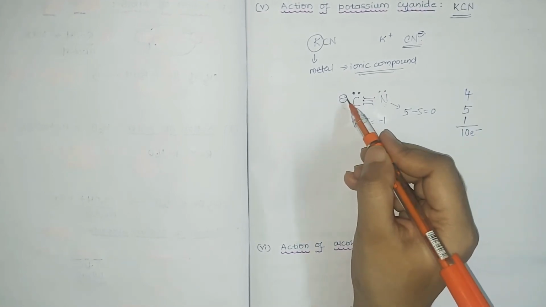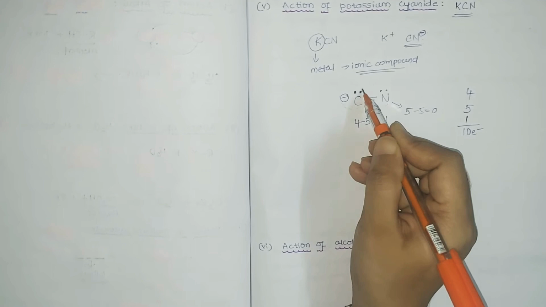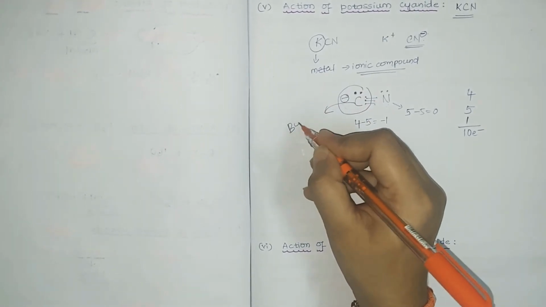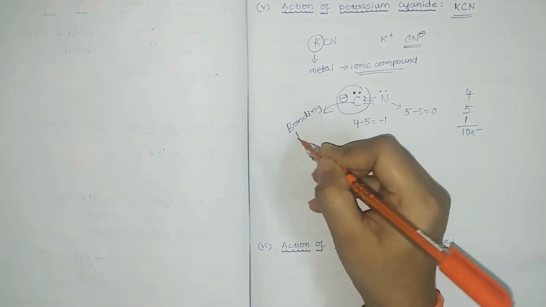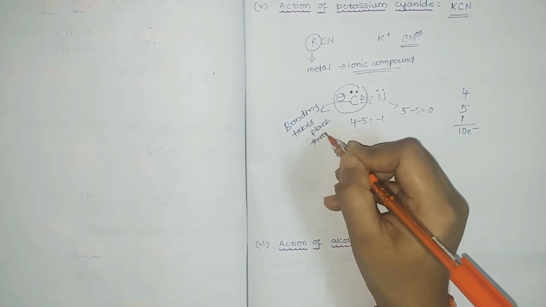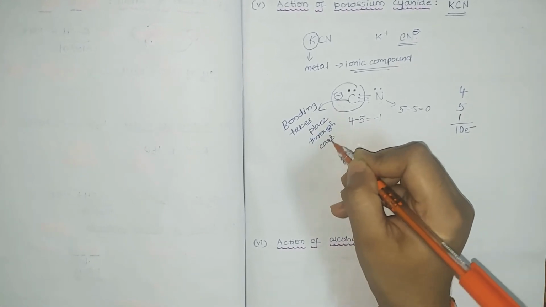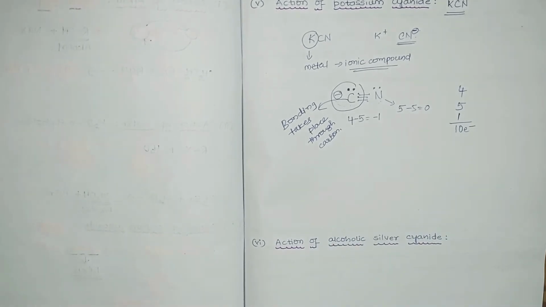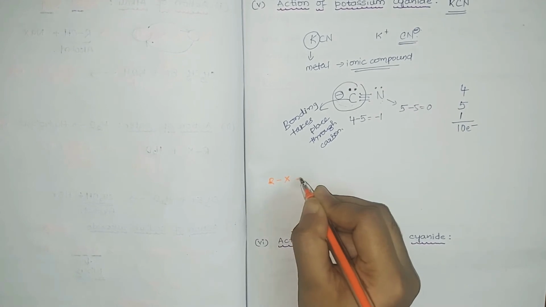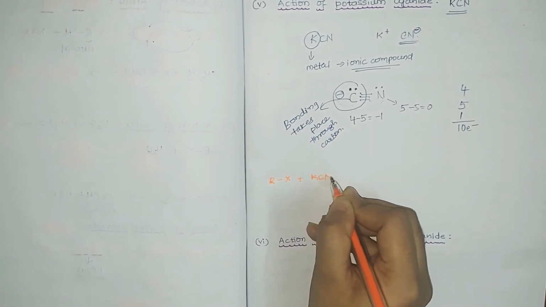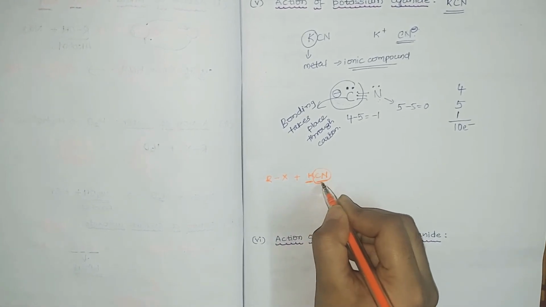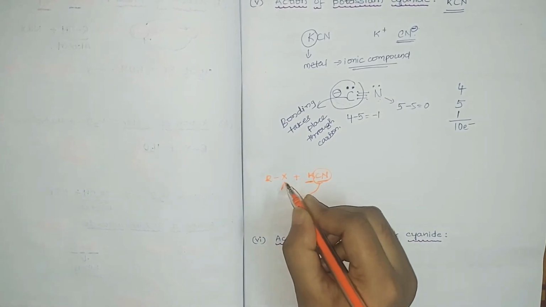So what is the conclusion we can draw from this? In case of CN minus, negative charge is present on carbon, therefore the bonding takes place through carbon atom. So in CN minus, bonding takes place through carbon atom. Next, let us consider an example. So when an alkyl halide, as I have said, you remember bonding takes place through carbon. So when alkyl halide reacts with KCN, CN is a nucleophile, it is substituted by another nucleophile, that is halide ion, and halide ion in the place of cyanide ions.